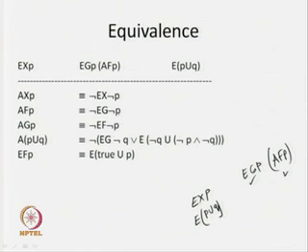Now, what will happen in AG p? AG p is nothing but not of EF not of p. That means we have this particular F operator, and this F operator can be expressed with the help of EU. A p until q is expressed with the help of this particular equivalence that we have discussed: the negation of this whole formula, EG not of q or E until.